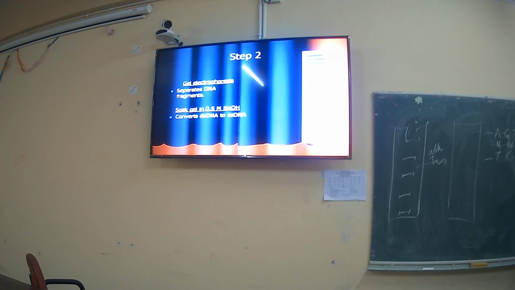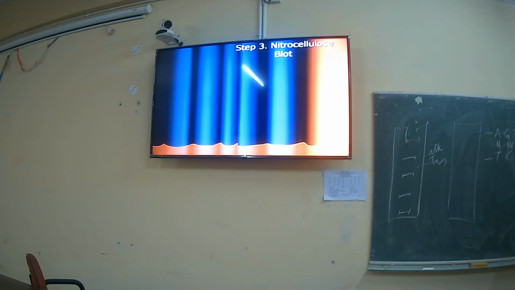Hydrogen bonds can be broken by the alkaline treatment. Salting in or salting out? Salting in or salting out, or any mechanism by which the hydrogen bond will be broken. So these are the responsible things by which, with the alkaline treatment, you have to break down the hydrogen bond, and the double stranded formation will be converted to the single stranded formation.